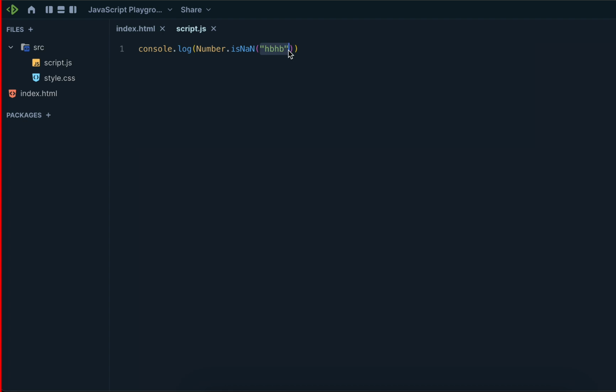False, sir. Kaustubh, why false? String is not equal to not a number; for isNaN it could be true, but here we initialize it with Number.isNaN. Can you elaborate?